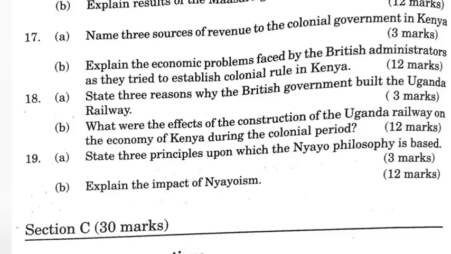8. It led to the introduction of money economy into the African setup, since Asian traders began to buy produce from African farmers for sale in towns. 9. It encouraged the development of African peasant farming in crops such as simsim, groundnuts, millet and maize. 10. The completion of the railway encouraged missionaries to settle in the country. They established hospitals and schools where they taught such useful skills and trades as farming, masonry, tailoring, carpentry and literacy.